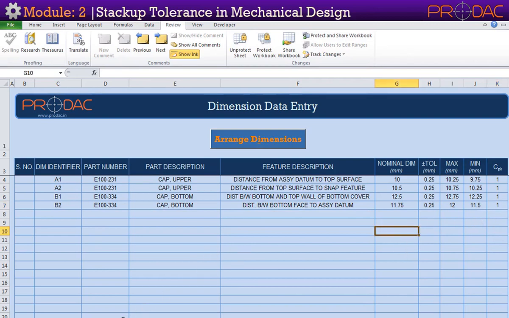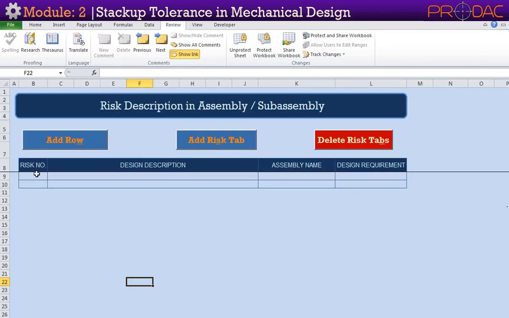Other entries like part number, description, CPK values must be filled in. Once all this is done, we have to go to Risk Description tab. Here, in this tab, we need to assign risk number, design description and its requirement from drop-down menu.